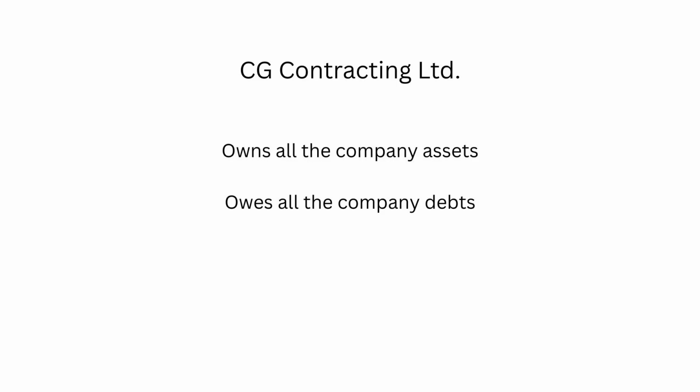If the business closes down, the corporation is responsible for paying outstanding debts, not Crystal and Greg. If CG Contracting Ltd. has an unhappy customer, that customer will be taking action against the corporation and not Crystal and Greg. Something to be aware of is that having a corporate entity does not protect shareholders against all debts and liabilities. Shareholders and directors of corporations can be held personally liable and pursued individually by banks and government organizations such as CRA.